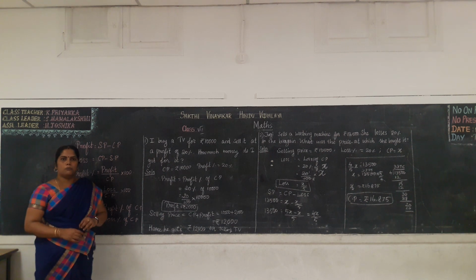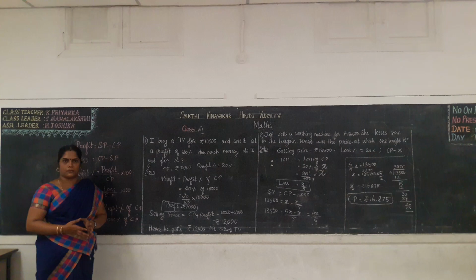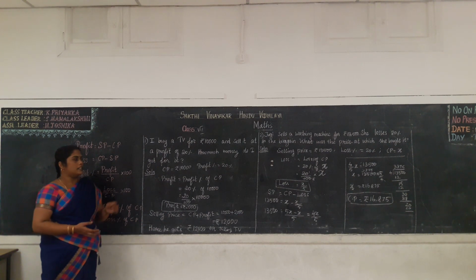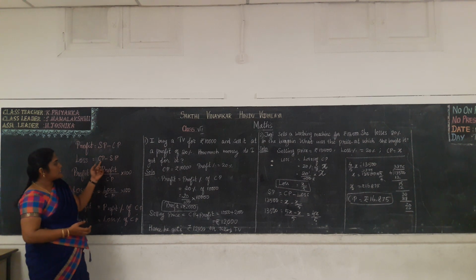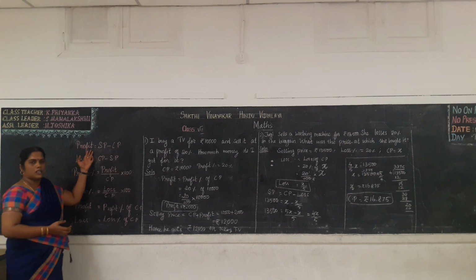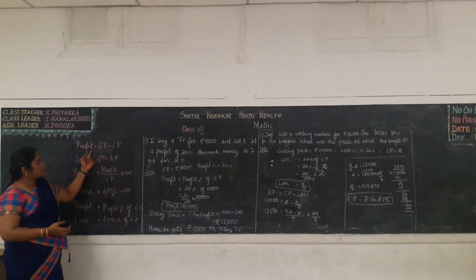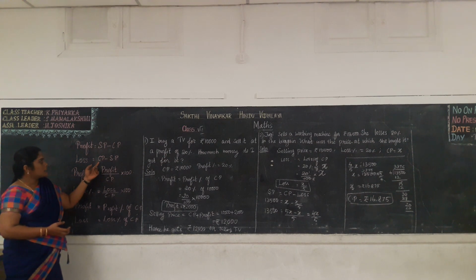If suppose I buy something, that is known as cost price, and if I sell something, that is known as selling price. Okay, and if the selling price is greater than the cost price, that is known as profit, and if the cost price is greater than the selling price, that is known as loss. So we can use this formula to find the profit. That is, profit is equal to selling price minus cost price, and loss is equal to cost price minus selling